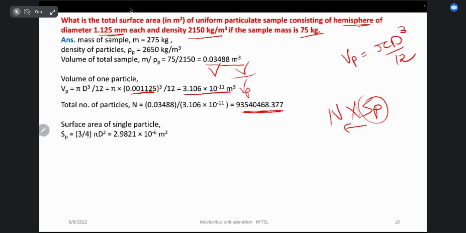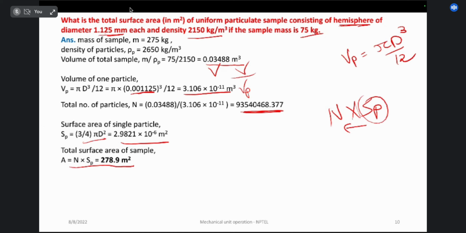So the surface area for a single particle is 3/4 π d². For the hemispheres, always keep in mind which shape we are discussing. So it comes around 2.98 × 10⁻⁶ m². Now for the total surface area, N × Sp, and at the end we get 278.9 m², which is the total surface area of our whole